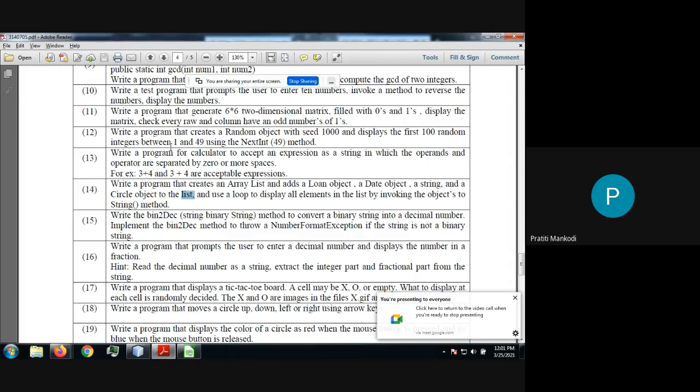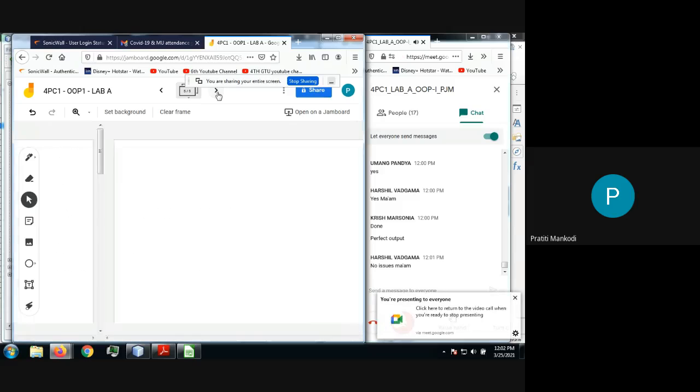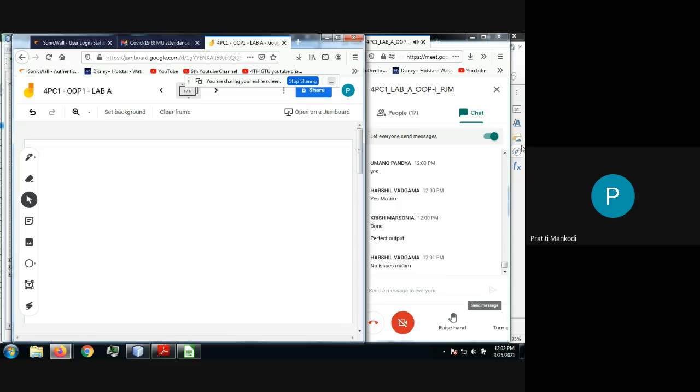Okay. Now, before starting with the program, I want to make you aware regarding the array list. I have told you in the session that array list will be done in a later unit that is related to set and list and everything. But for this program, I'm giving you a little bit of introduction about array list. See, when you create any data structure, whether it can be an array or linked list or tree in a normal C program, what happens if I want to manipulate that data structure? I have to manipulate it by myself.